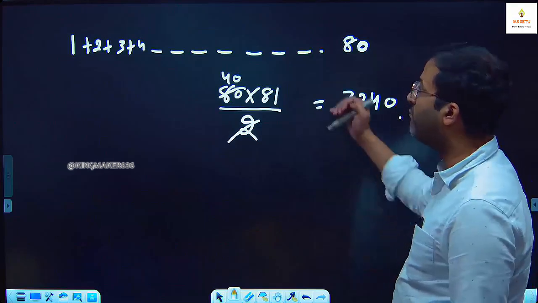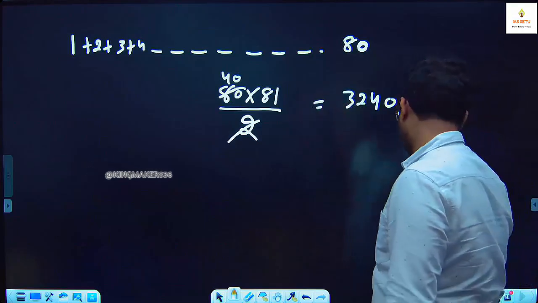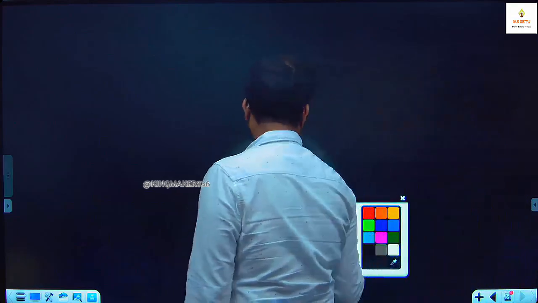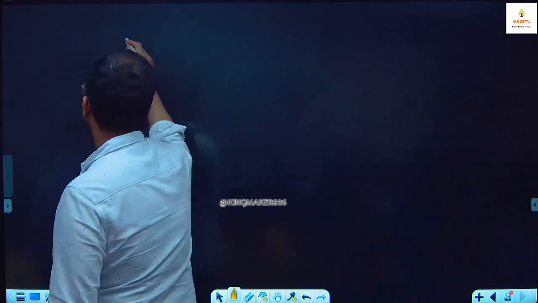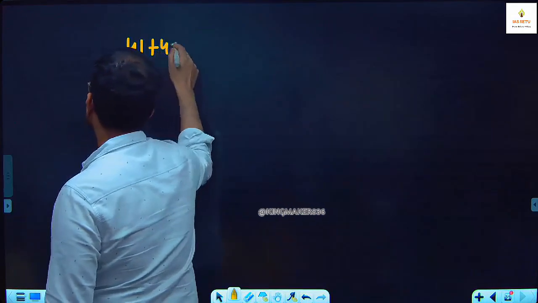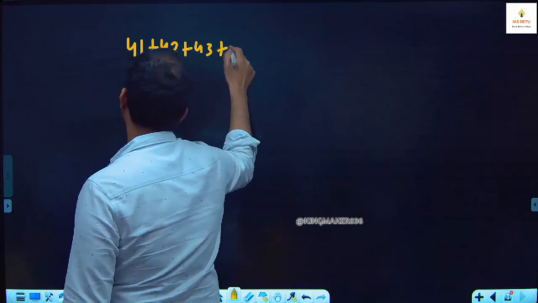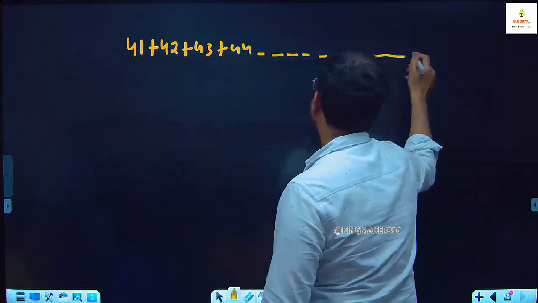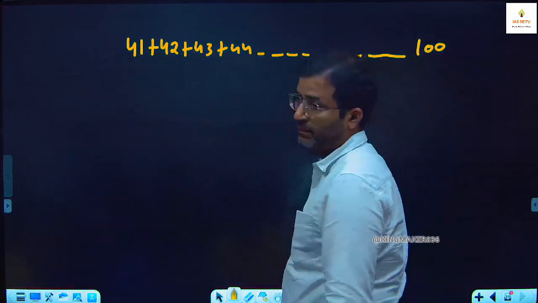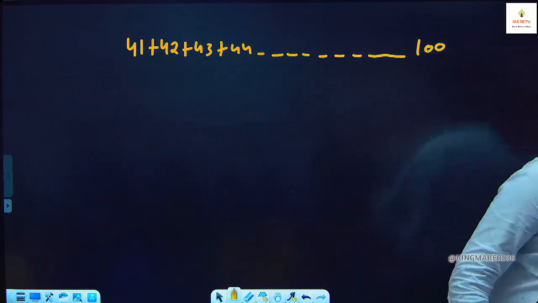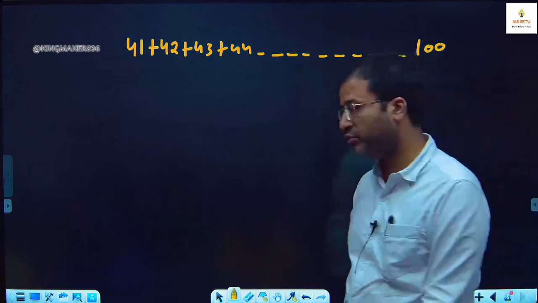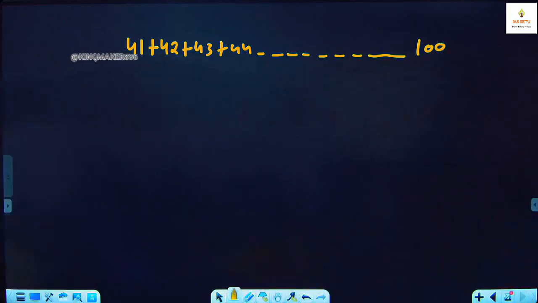Now Level 2 question. इसी के ऊपर थोड़ा डिफिकल्टी बढ़ाता हूं। ट्राई दिस क्वेश्चन। 41 प्लस 42 प्लस 43 प्लस 44 अप टू 100। फाइंड द सम ऑफ दिस सीरीज। टेक योर टाइम, ट्राई फर्स्ट, देखो क्या आ रहा है।